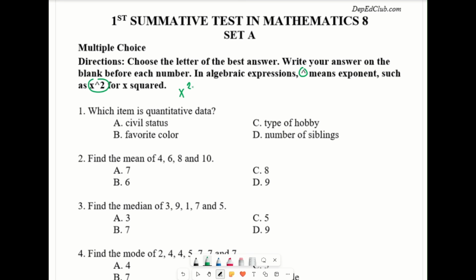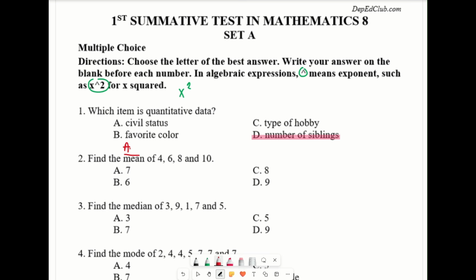Okay, number 1, so it says here which item is quantitative data. Okay, so again for our quantitative, we'll have number of siblings. Okay, so as long as that you can count on it, quantity from the word itself. Next, number 2, find the mean of 4, 6, 8, and 10. Okay, so remember again our mean, that is